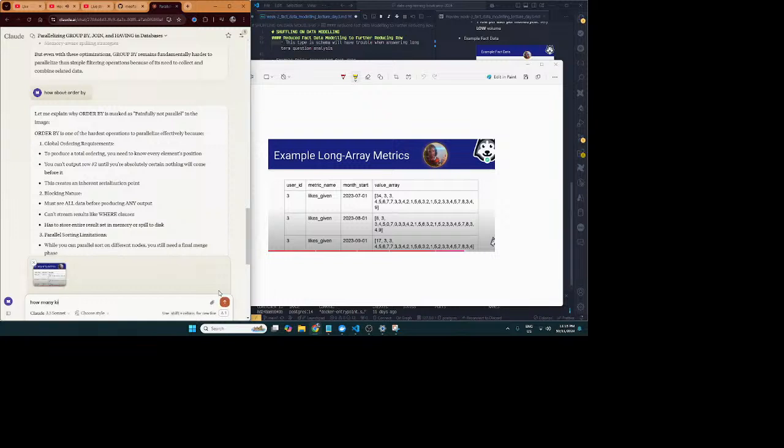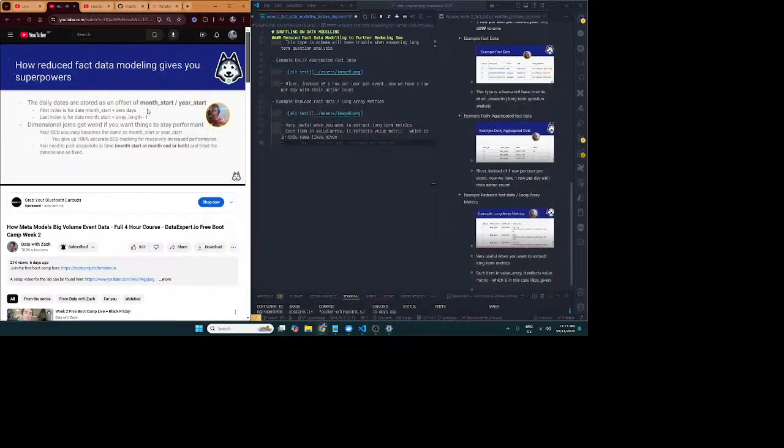I talked about a lot of this stuff already, where I said the first index is for the date at the beginning of the month, and the last index is for the date at the end of the month, right? And I was talking about how dimensional